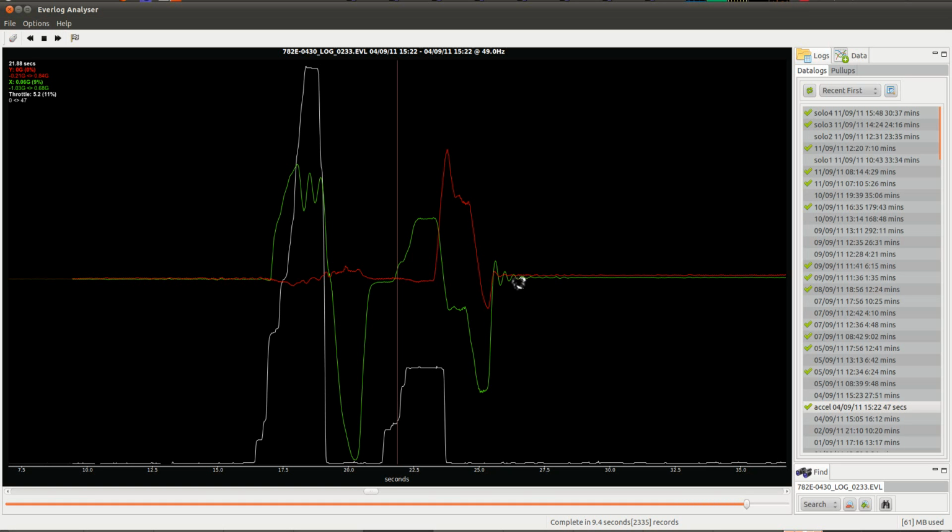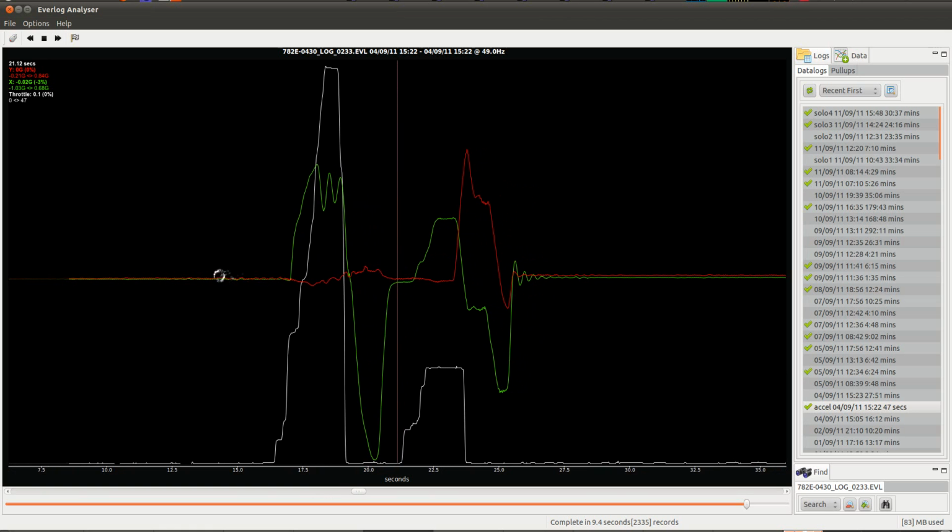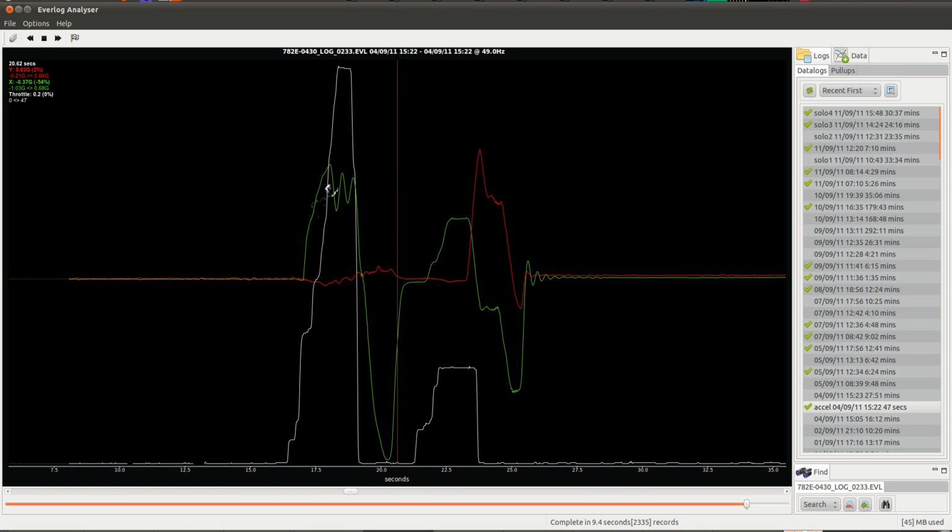This is a data log that's showing X and Y G-force values as red and green on a vehicle during a short run. There's a period of acceleration, a period of braking, deceleration, and then a moment of steering here. Now these values are forces applied to the vehicle,